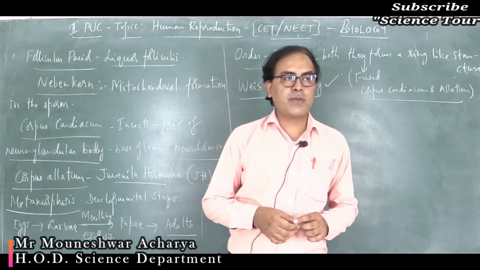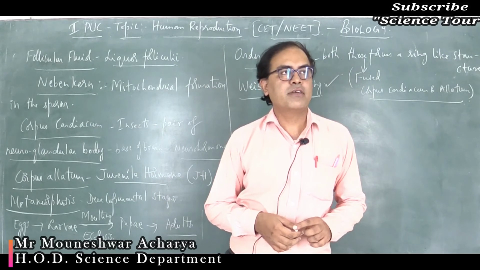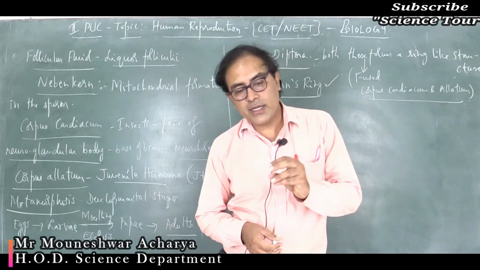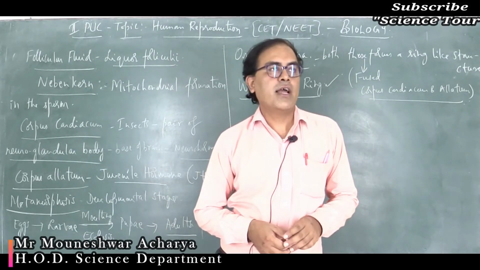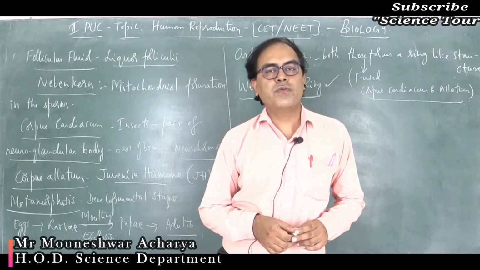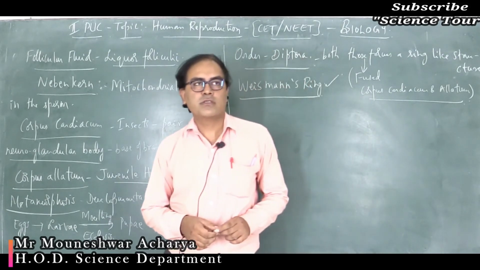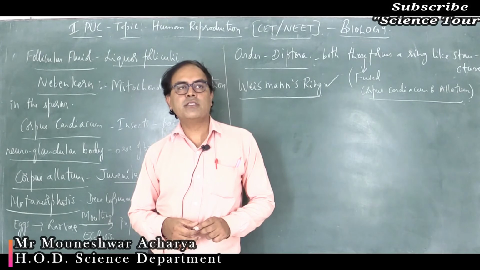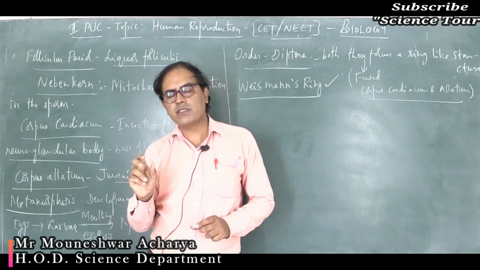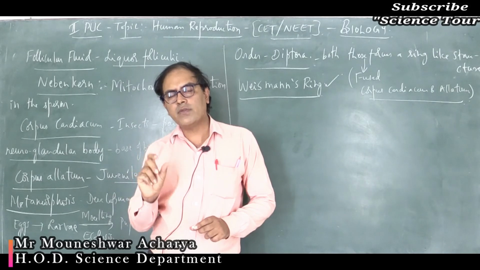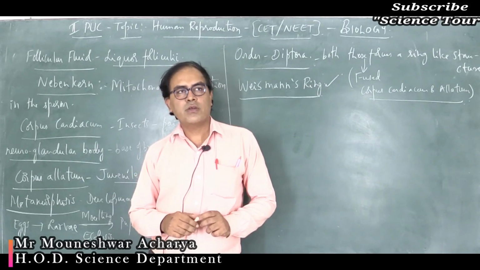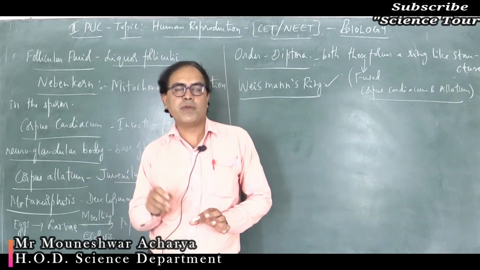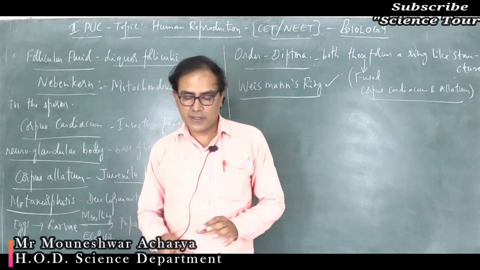So millions of sperms are produced from the testis, and out of those millions, only a few will reach near the egg, and only one sperm is able to fuse with the female nucleus. That capacity of the sperm is called capacitation. It occurs through changes in the outermost layer of the head of the sperm. There will also be changes in the outermost membrane of the egg, called the zona pellucida, and it is induced by the sperm only.